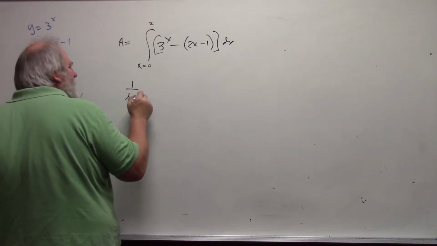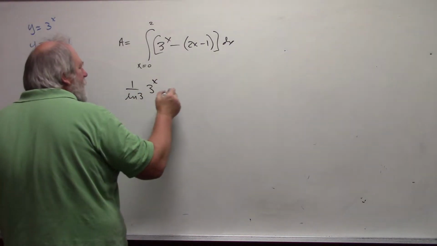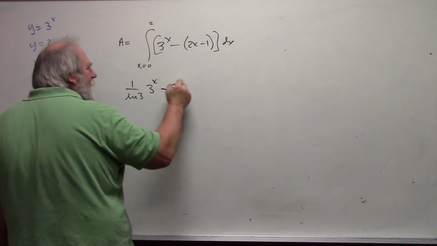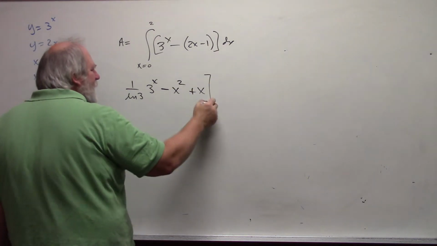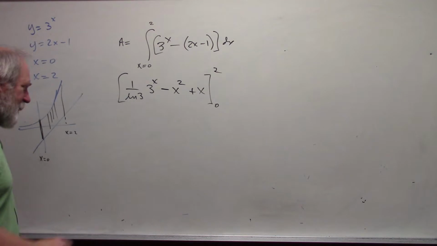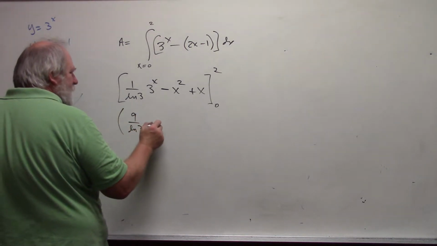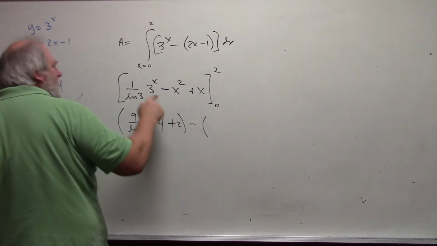which then gives me 1 over the natural log of 3 times 3 to the x, minus the antiderivative of 2x, which is x squared. This is a plus 1. The antiderivative of that is plus x, evaluated from 0 to 2. And so then we would get 9 over ln of 3 minus 4 plus 2 minus